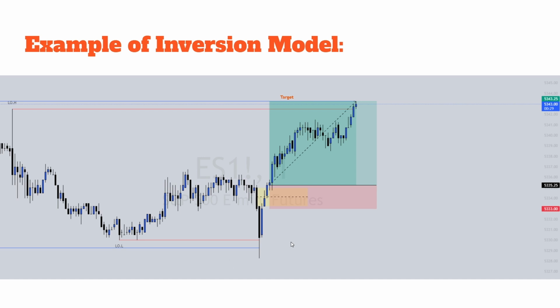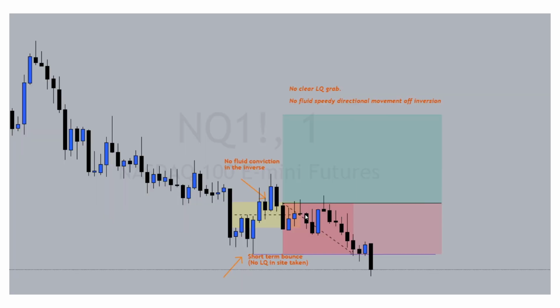This was a trade where I love, man. I mean, this was probably one of my favorite trades in a while, because we saw price really deliver nicely off this 1 minute here, come down here, take liquidity, sharp displacement back up, boom, inversion model, instantly off that 1 minute fair value gap, took higher and saw a nice move. So in terms of an invalid inversion take here, there's no liquidity grab, no fluid speed